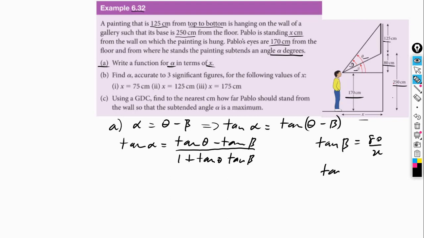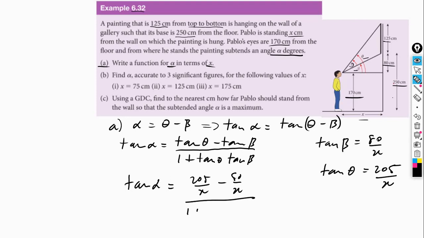And then for tangent of theta, it's going to be 125 plus 80, and that's going to be 205, so 205 over x. So tangent of alpha is equal to 205 over x minus 80 over x, and all this divided by 1 plus 205 over x times 80 over x. Okay, so if you do the math here, you're going to get that this is equal to